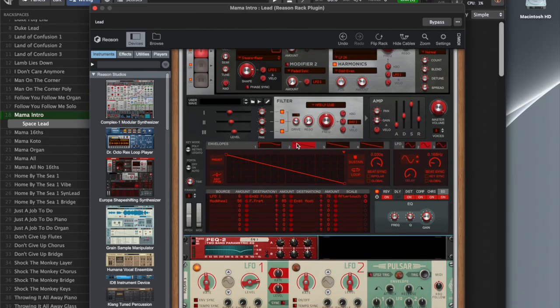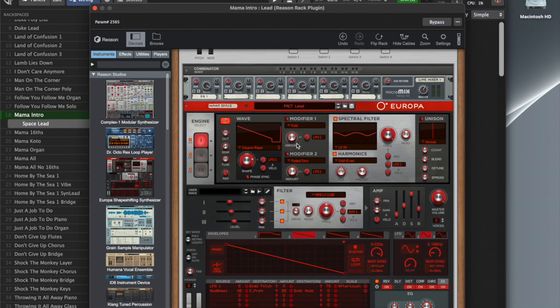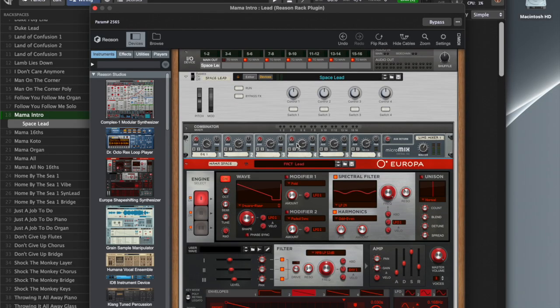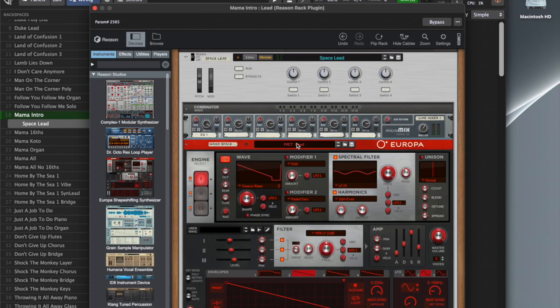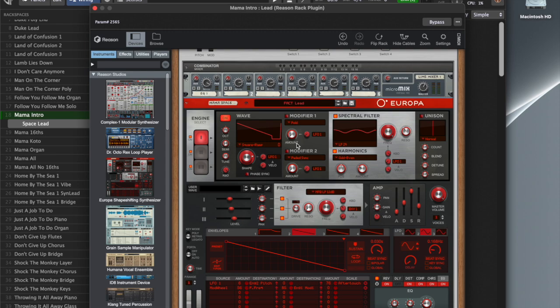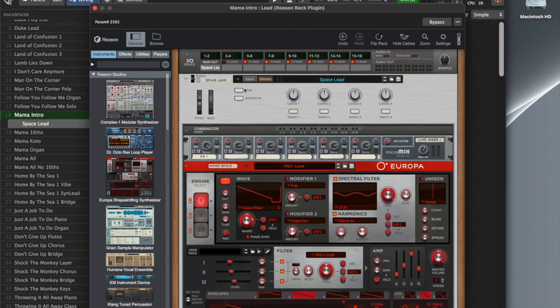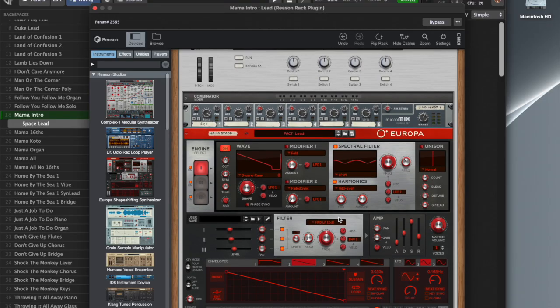I think the only thing I want to say about this is the sound. I always use Reason as my VST inside of Gig Performer. And this is set up inside of a combinator. A combinator is a cool device that allows you to combine all of their kind of instruments together to make